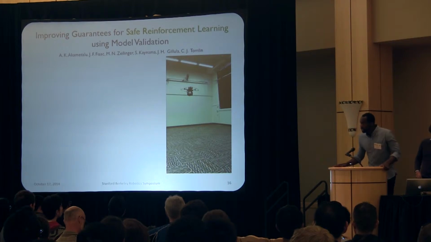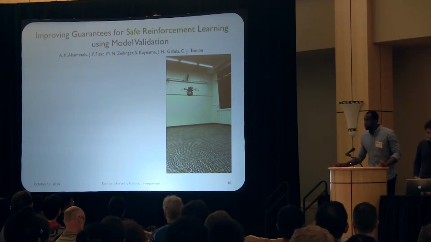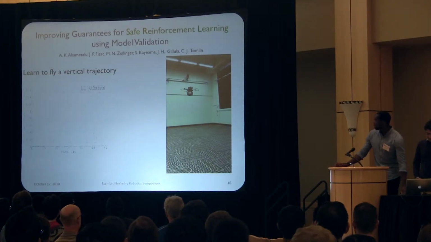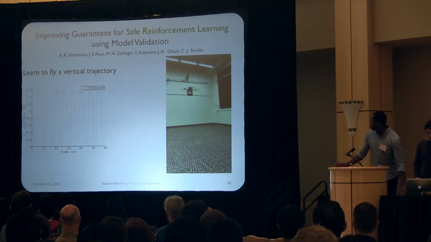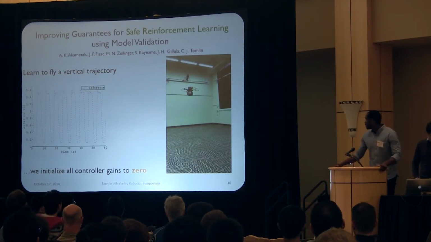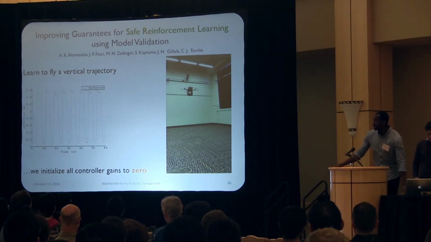Hello, everyone. I want to tell you about a simple experiment that we conducted over the summer. Our goal was to have our quadrotor here to the right learn to fly a simple vertical trajectory, but we added one twist, which is we initialized all our controller gains equal to 0. So as most of you might anticipate, this resulted in an epic crash,